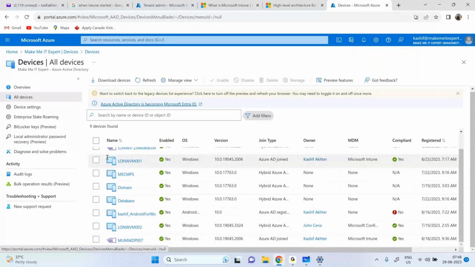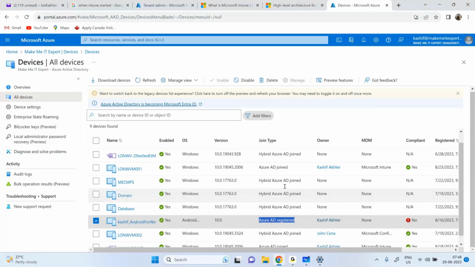So the device will get registered in Azure Active Directory, or based on the registration, it will first check your username and password. Once it is verified, then we have Intune. If it is auto enrollment enabled, then what will happen? The device is going to be enrolled